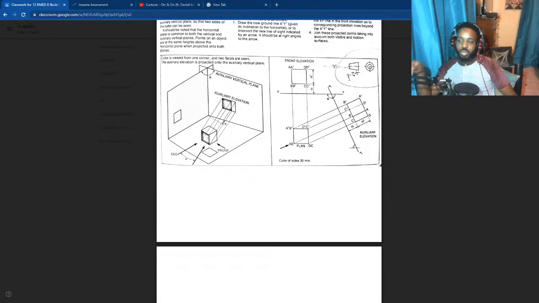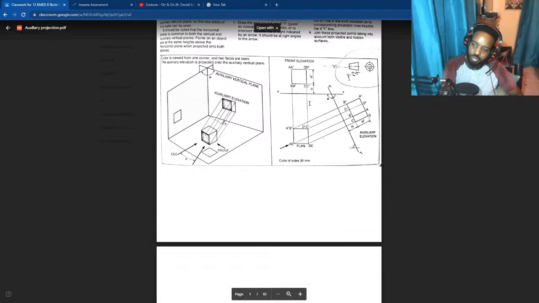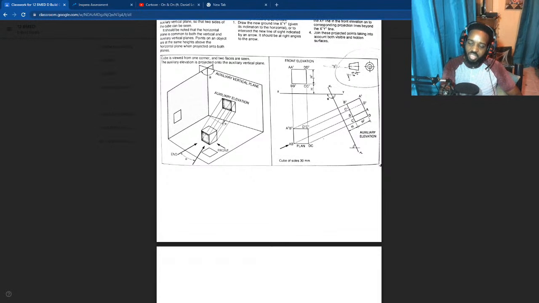All right, so we can do this drawing as it says here. This is in first angle orthographic, so the plan view and the front view and so on, and then here we have the auxiliary view. We can start with this now. It says that we can use our own measurements for this one.